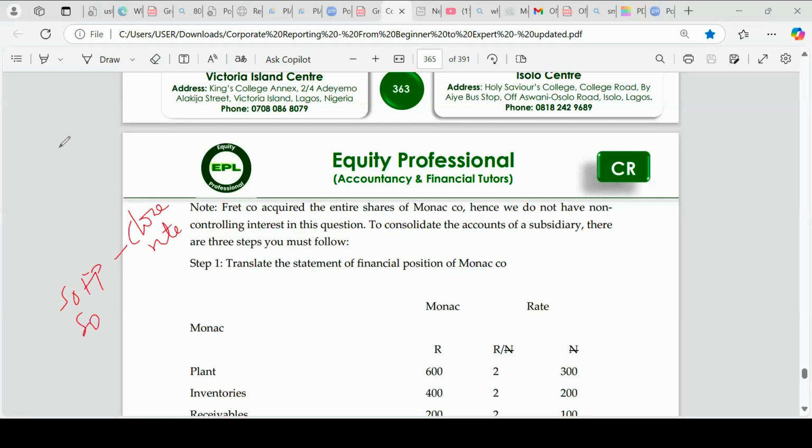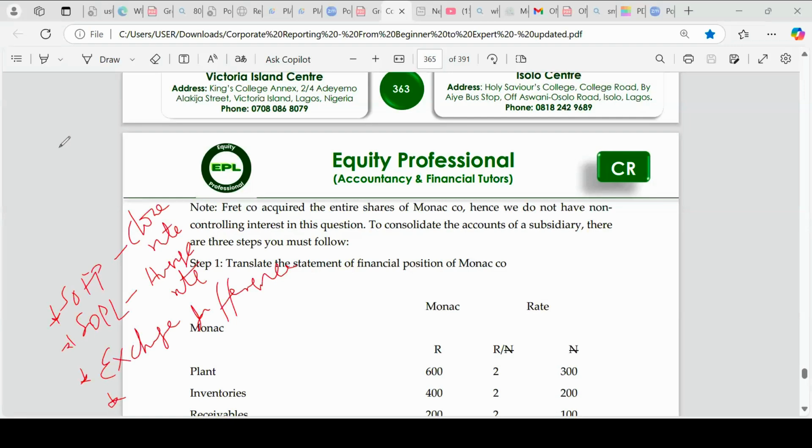The SOPL, we're going to do that at average rates. Just keep these two in your mind, and know that we are going to do a working for exchange, and it's not a big deal. It's not a big working like that for exchange difference. And like I said, you may need to do a reworking,